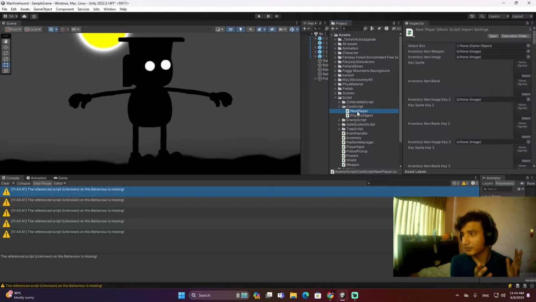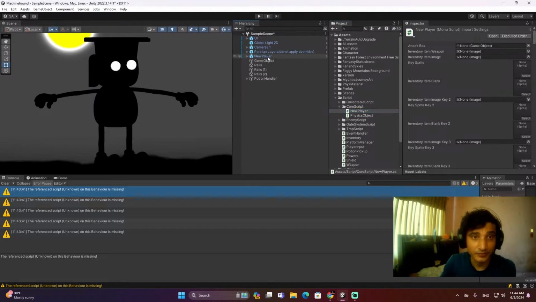If your character is a player, name it player. If your character here is a player, see mine is new player, name it new player. If your character is player, name it player script. And if you want to divide, even scripts like player movement, player attack, you can do that, but I don't do that here. I am doing everything in my new player script because there is no other complex character that I need to manually code. So new player script, once you have created,